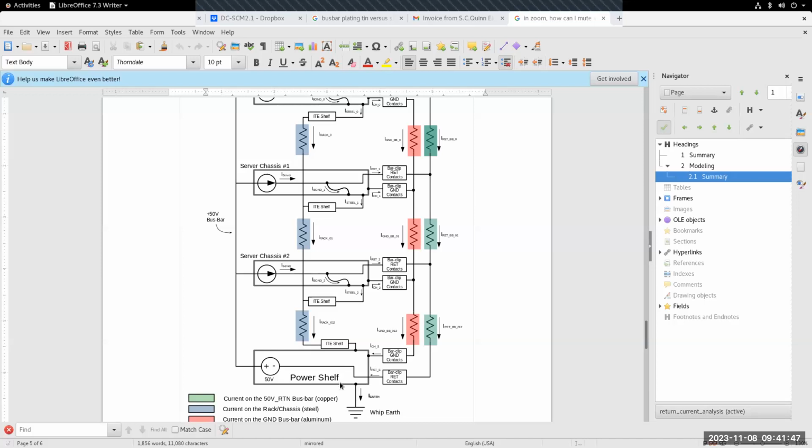And we found out that a huge amount of current was coming through the chassis steel and getting through our bonding wire back to the return bus bar, and it melted all the insulation off the bonding wire. And so we said, well, we don't want to do that, because that's a problem. So apparently you have no way of getting your blue and your orange path back into the power shelf. Not through the shelf. It has to go through something else to get back to the bus bar.